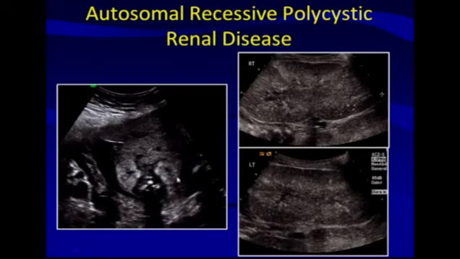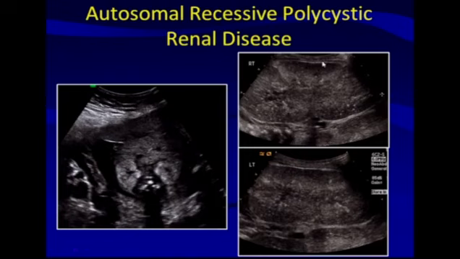And here's a case where it didn't look quite so bad at the time of the survey. These kidneys are not particularly large, but they are extremely echogenic. And already you can see that the amount of amniotic fluid is decreased. There's oligohydramnios. But at birth in the NICU, we went up to scan this neonate who was having difficulty breathing,